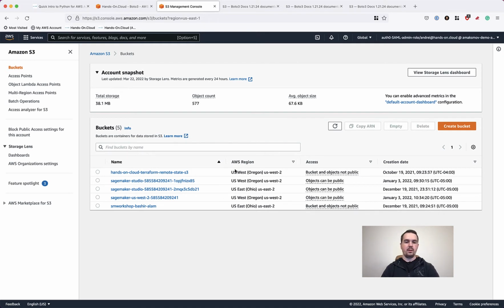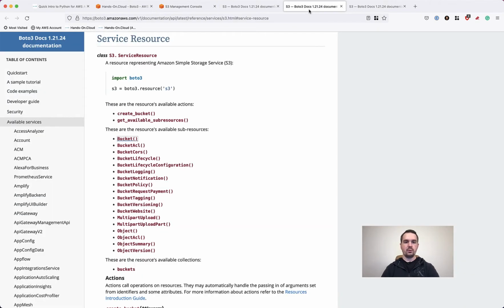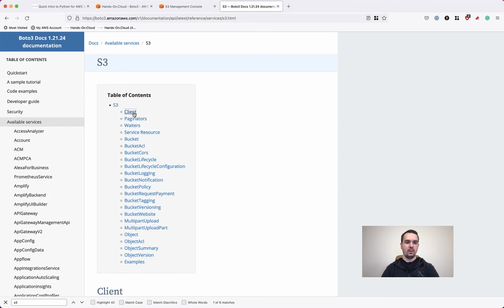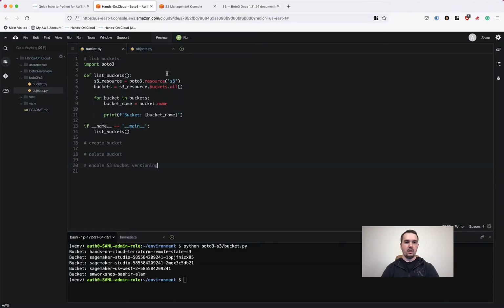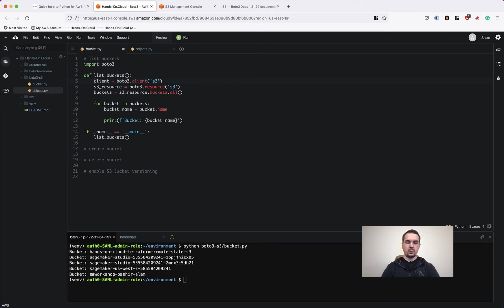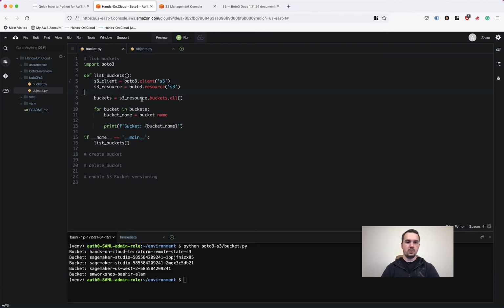Now, in this table of all the buckets, we have additional information like AWS region or bucket location. And this information is not available in the resources of boto3, and it can be requested only from S3 by using the S3 client. So to do that, we need to define a boto3 client first, right? So let's copy this client definition from the boto3 client and paste it over here. Instead of client, we'll call it s3_client. Let's put this additional line as a separator. So now we define the client, and within the client,